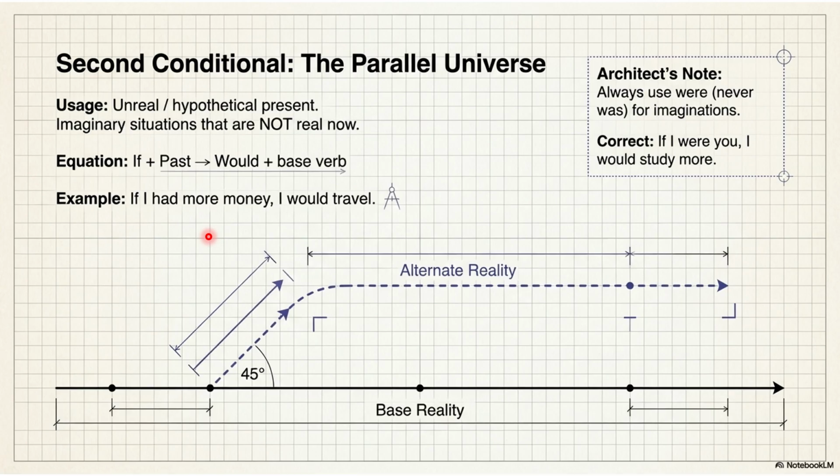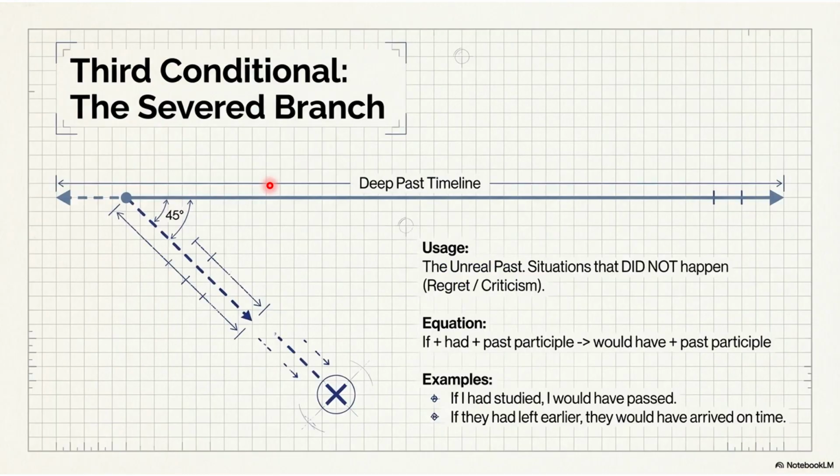¿Verdad? El asunto es que una situación en pasado simple, que es la primera cláusula, eso fue no intencional. Y tal vez lo tengo muy, ¿verdad?, en el subconsciente. Y el resultado viene con el would. ¿Ok? Es simplemente para que tengan una idea. Y luego tenemos the third conditional, the severed branch.